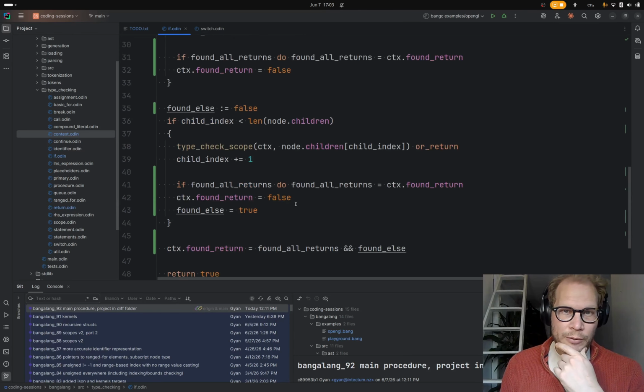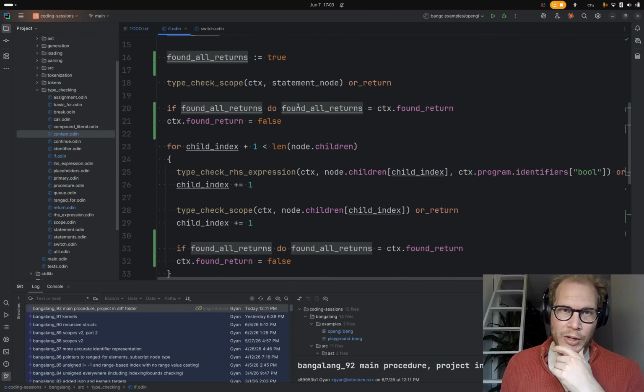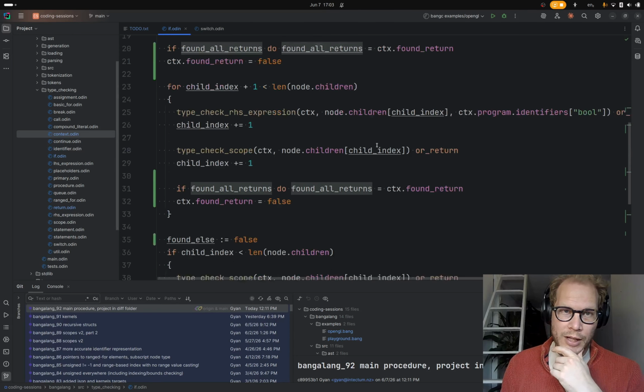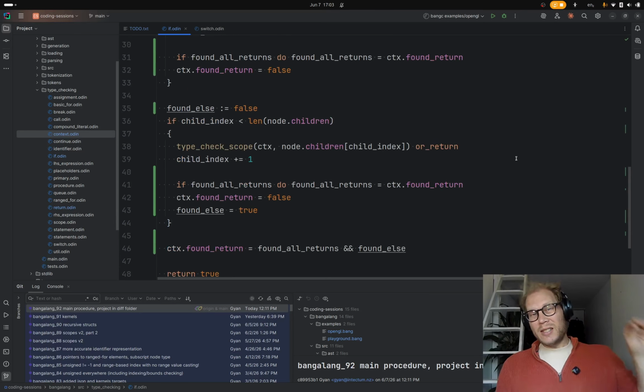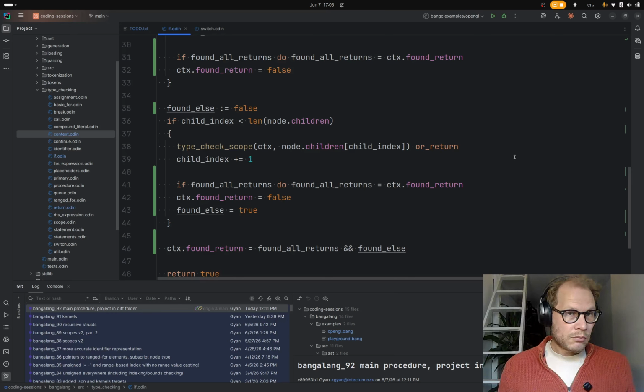So everything returned, all the branches had a return, and there was an else included in that. So the else did return and was there. I think that says that we returned from all code paths. And if there's nested ifs, that should work pretty seamlessly, right? That should still work.